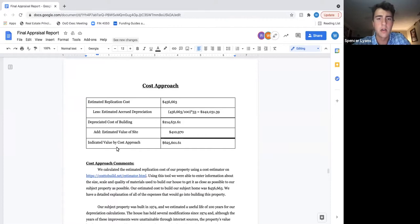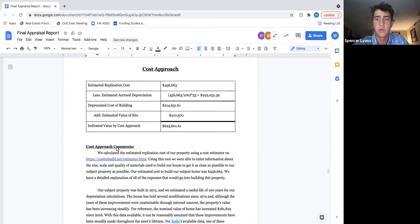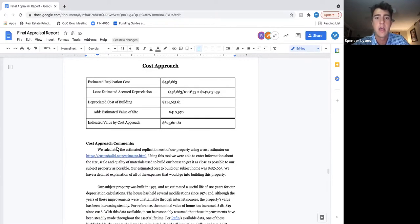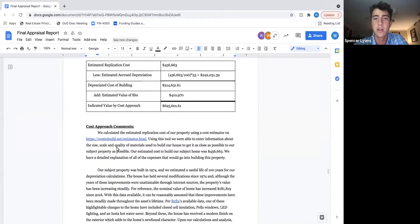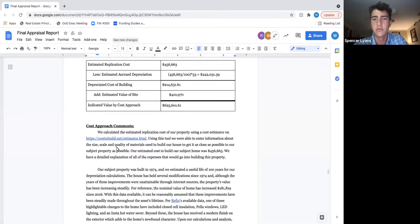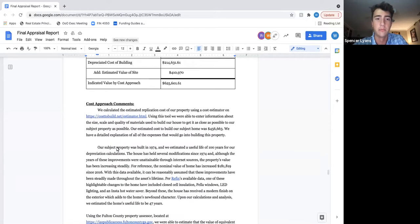Okay, and calculating our cost approach, we had to keep in mind the fact that we are evaluating the cost of rebuilding the house separately from evaluating the cost of land. And so we estimated through costofbuild.net that our replication cost would be $456,633. From there, we subtracted accrued depreciation of the property using an estimated useful life of 47. And from there, we got the depreciated cost of the building to be